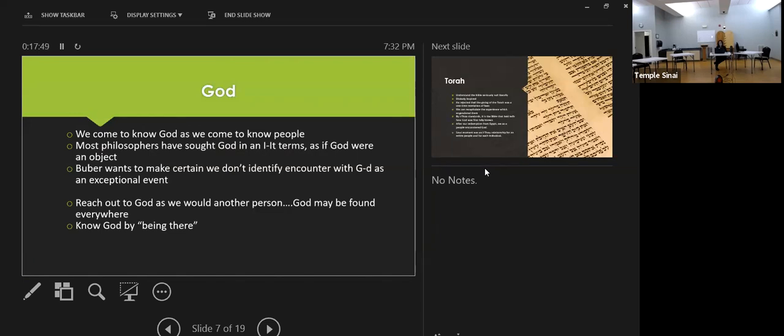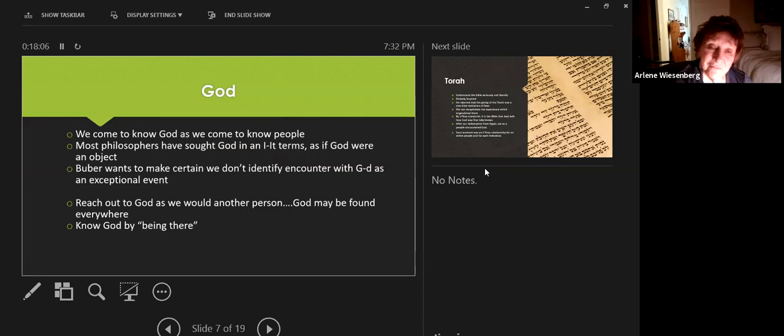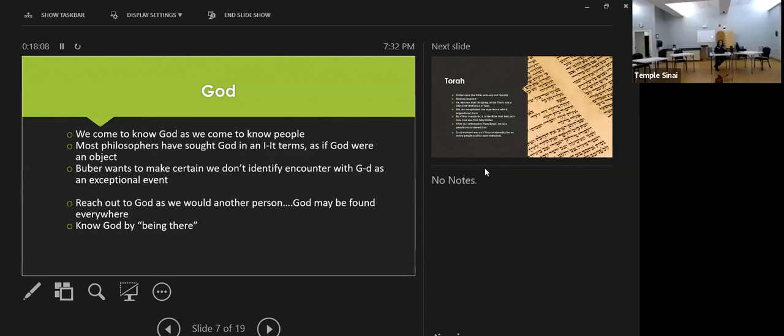Buber taught that he wanted to make sure that we don't identify our encounters with God as an exceptional event, the way our biblical ancestors did. That we're not waiting to have an encounter with God which is like a burning bush or a parting of the waters kind of encounter. And neither should we feel,